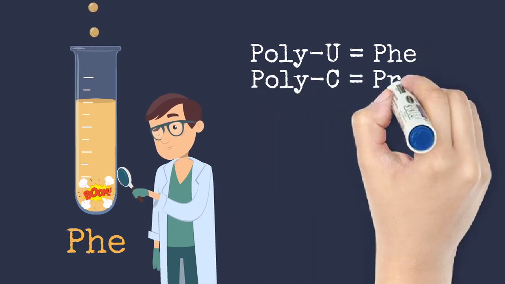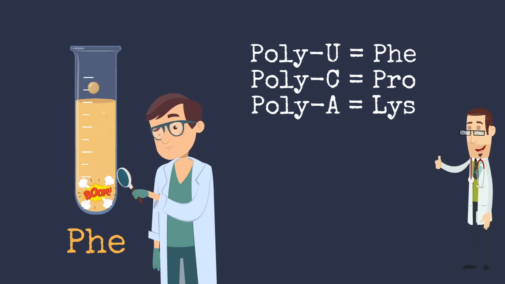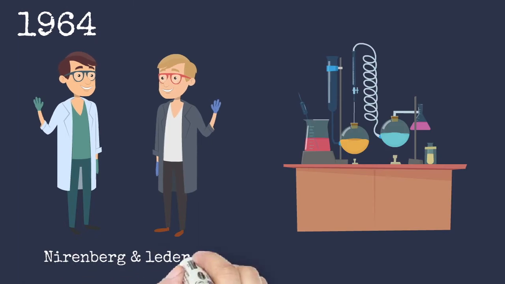The experiment was repeated with poly-C mRNA, and they were able to show that poly-C mRNA was translated into polypeptides made up of the amino acid proline, while the poly-A mRNA coded for lysine. By the end of this experiment, they were still unsure of how many of the base-containing nucleotides were required to create a codon. So in 1964, Nirenberg collaborated with a different scientist named Leder to try to solve this